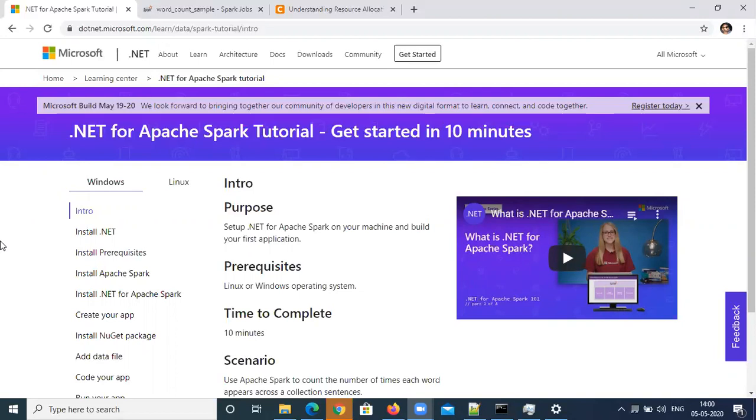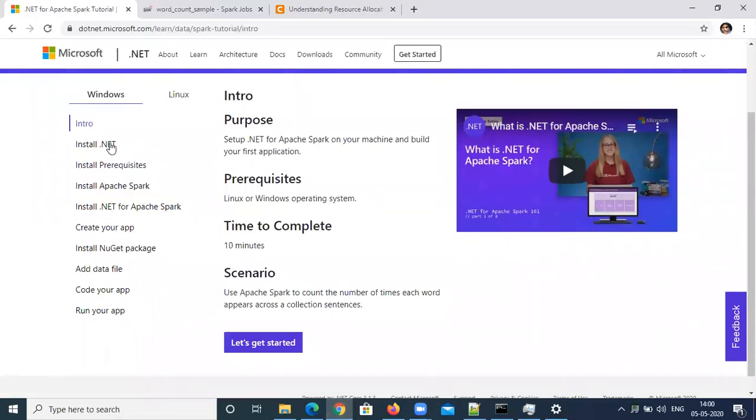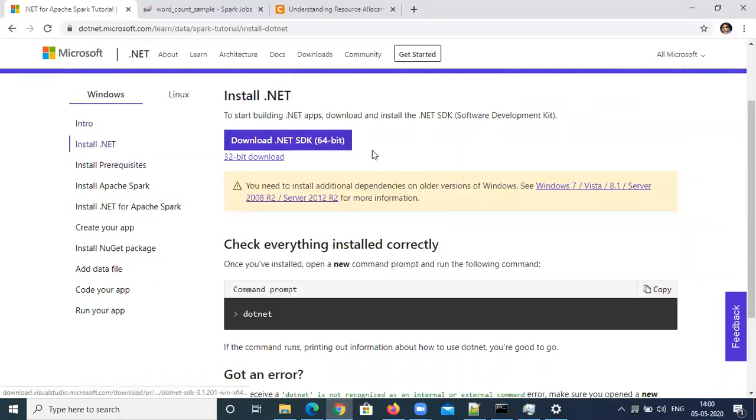So this is for Windows setup. You can also do it with a Linux setup if you have one. So in this tutorial, we will see how to start with this scenario. First things first, we need to download the SDK, like how we have a Java SDK. Same here also, we have a .NET SDK for 64-bit and 32-bit. It is pretty straightforward. Click next to install and complete it.